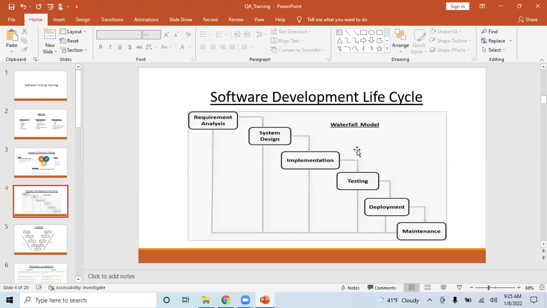Testers will never sit idle in the whole development life cycle. Testers will always have some kind of work, different responsibilities at different stages. So during the implementation phase, testers will start writing the test cases.